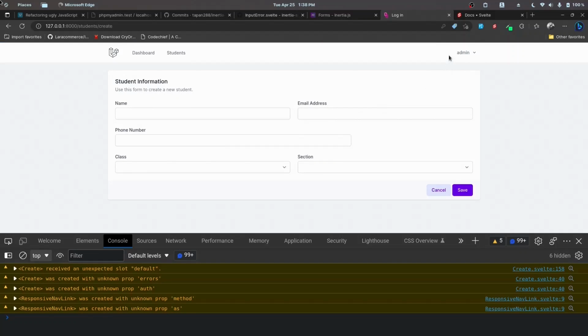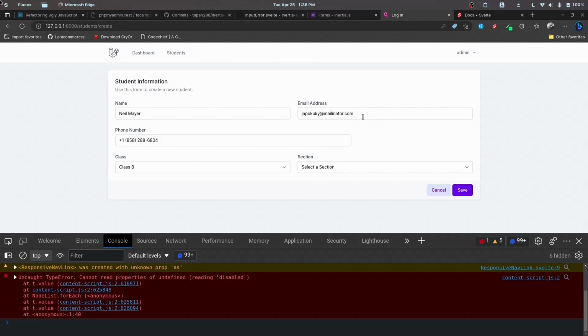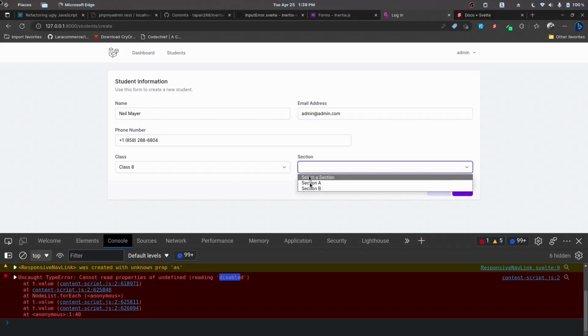So what I'll do is I'll just pass in an email address. Okay, we are getting a disabled issue. So I already implemented this in the Breeze package, the disable attribute for the buttons. So that's coming from there, I guess. But yeah, this does not really matter because okay, this is coming from the content script. So this is the issue related to the form filler extension. So yeah, you can ignore that, and let's try to pass an email that already exists, and let's select a